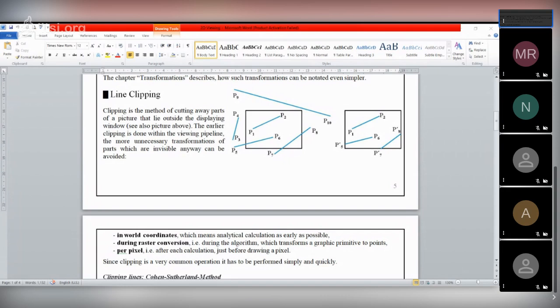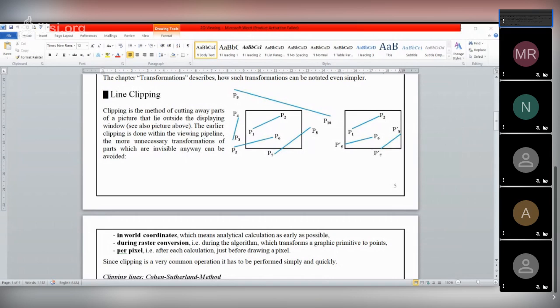Look at this line P5, P6, the part of the line from this boundary to P6 can be seen. Suppose this intersection point is P5'. So up to P5' to P6 can be viewed, and the other portion needs to be rejected because it is beyond our view window.